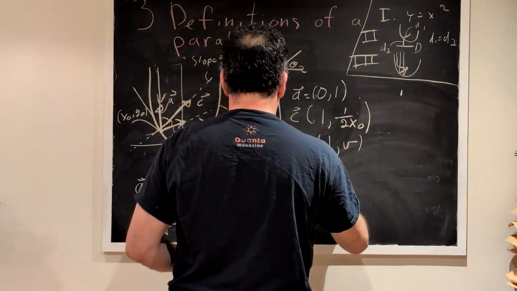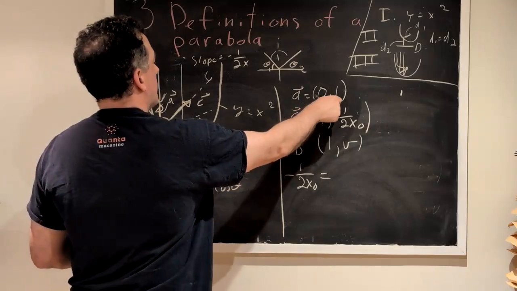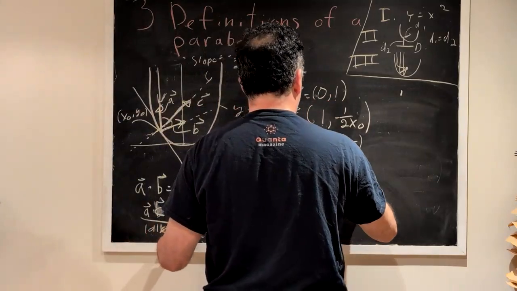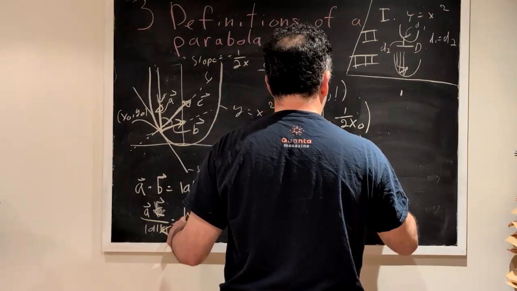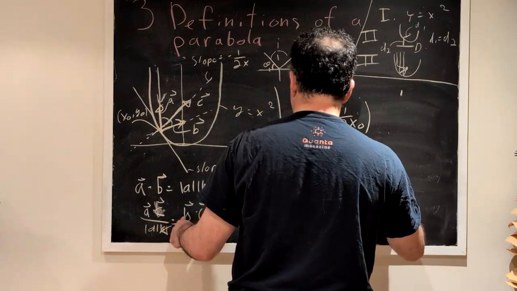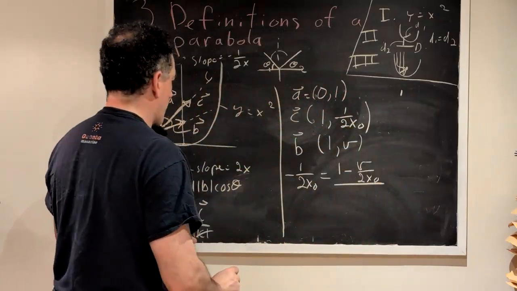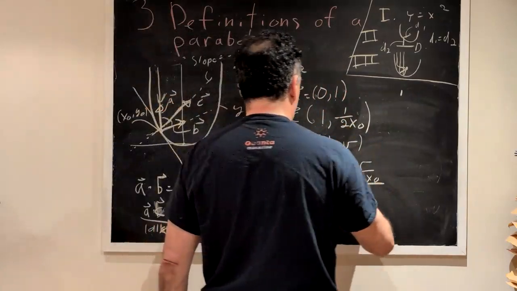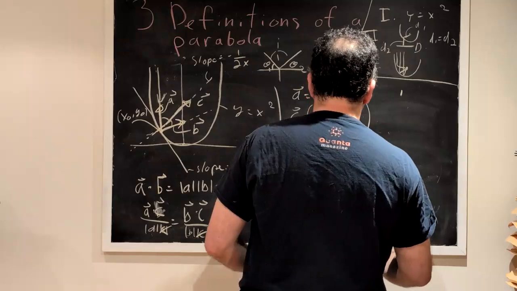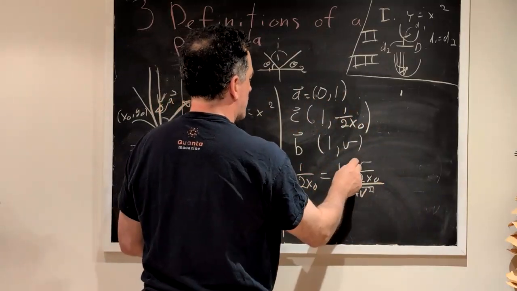And that's equal to, because the norm of a is equal to 1, basically b dot c, so that's 1 minus v over 2x0. And we have to divide by the norm of this vector b, which is the square root of 1 plus v squared. We can rearrange these terms, raise this one on this side, write this one on this side, and